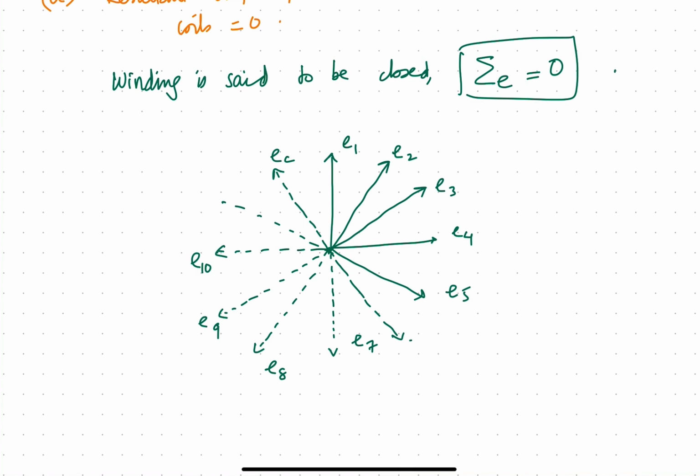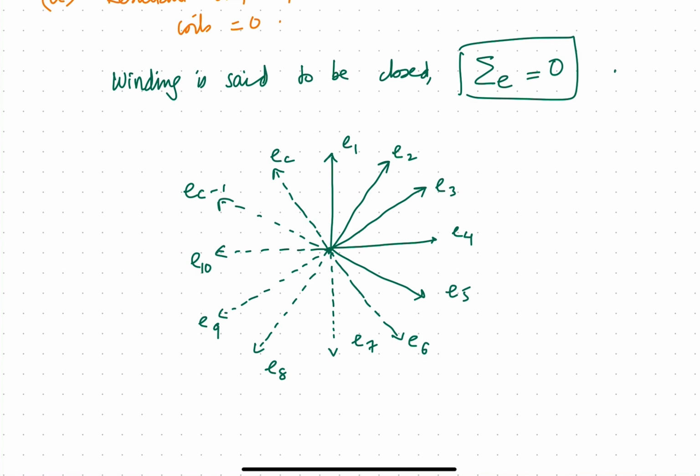So this would be E5, sorry, this would be E6 rather, and this would be EC minus 1. So what we do in this case, this is the EMF star for a closed winding. So what we have,